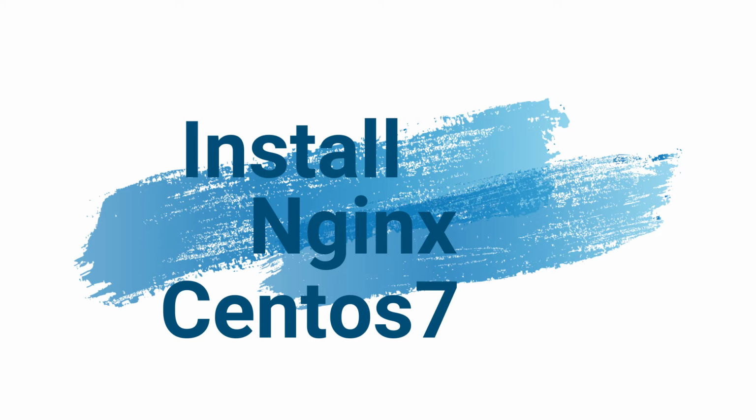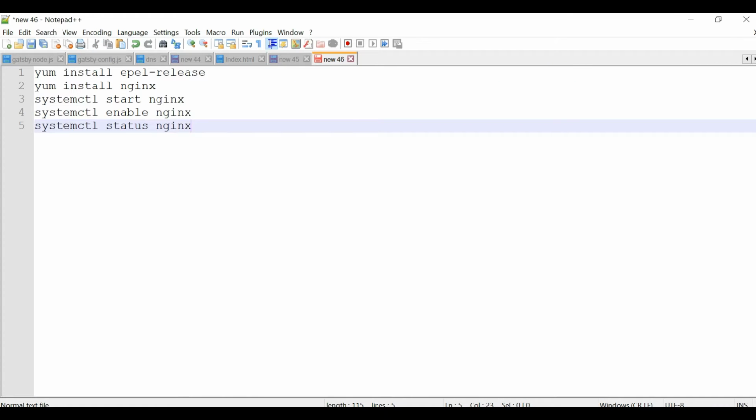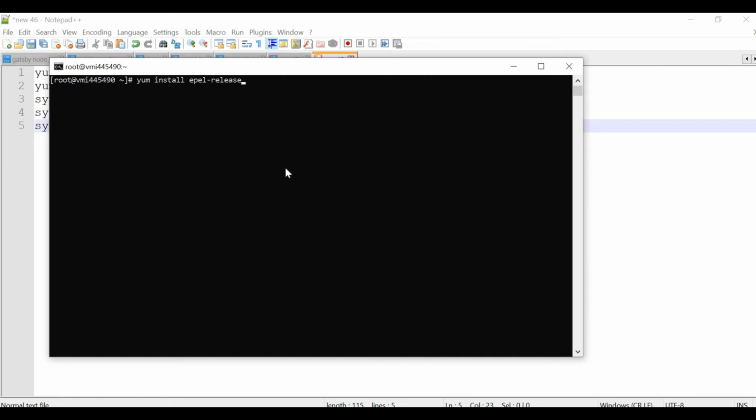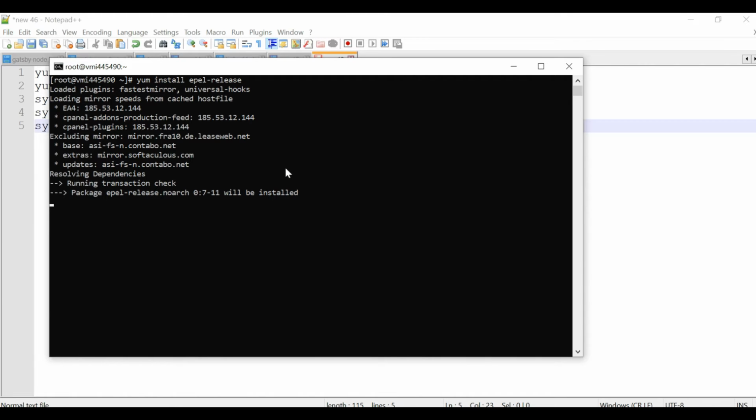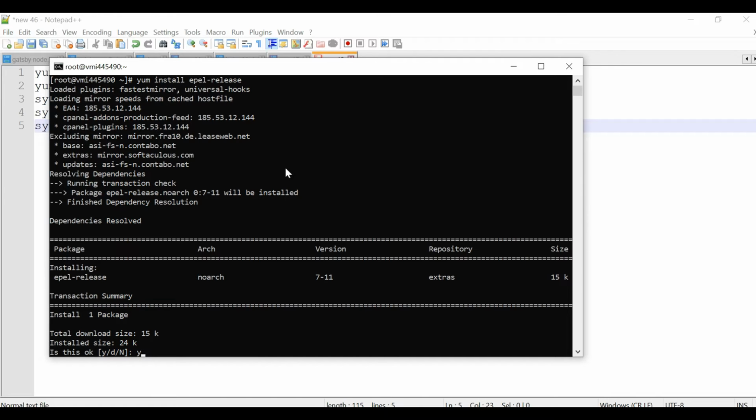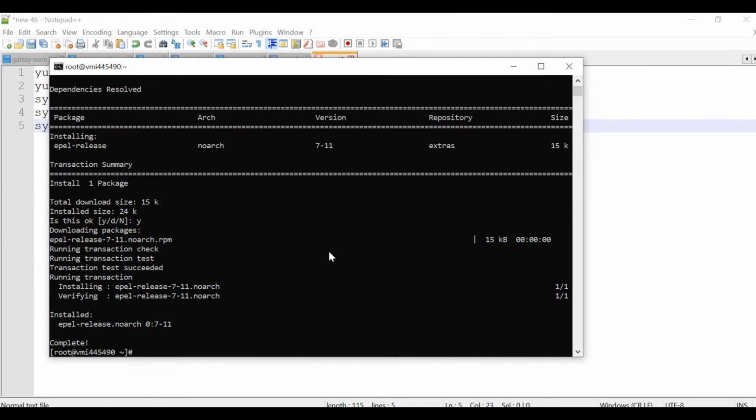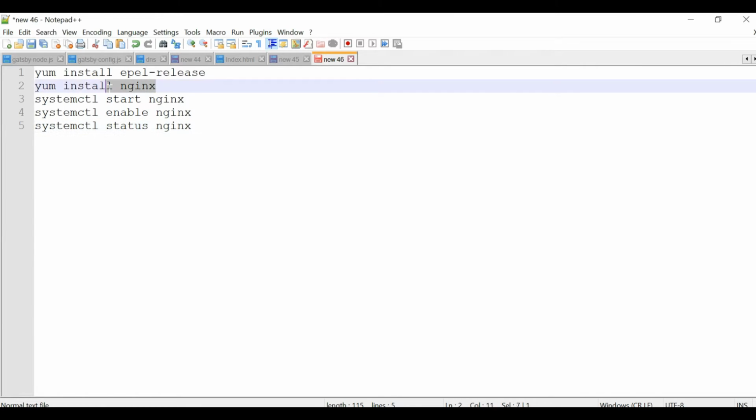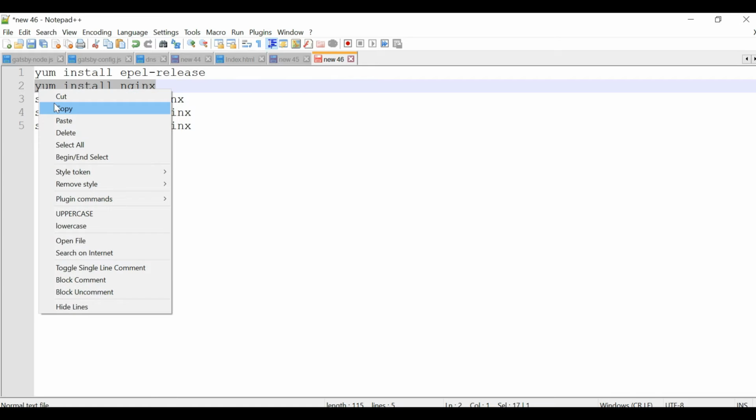So if you see, I have just copied the commands. These are the commands that you will be using to install Nginx. So yum install epel-release. Let's see what it does. And then you have to install Nginx. It's pretty simple. I just wanted to show you guys.